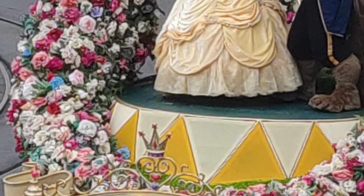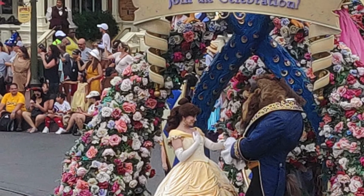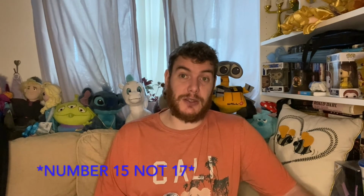Festival of Fantasy Parade, I've got photos of. I loved it. I think the music was fantastic. I think the floats were fantastic. So it's not a top priority over the cavalcades for me. So 19 is Friendship Fair, 16 is Mickey's Celebration Cavalcade, 15 is the Festival of Fantasy because of the music and the floats, and number 14, Disney